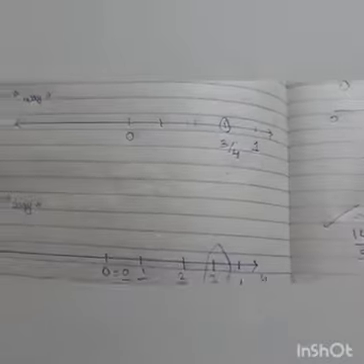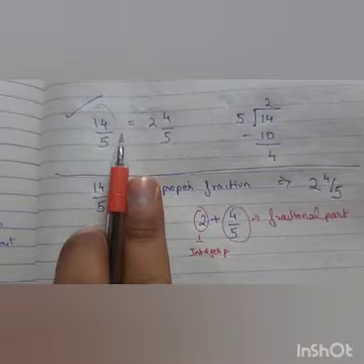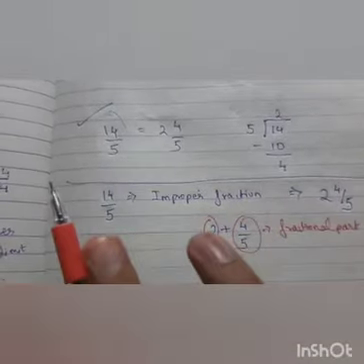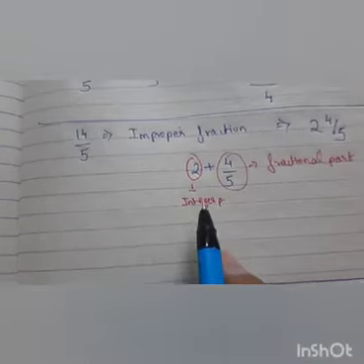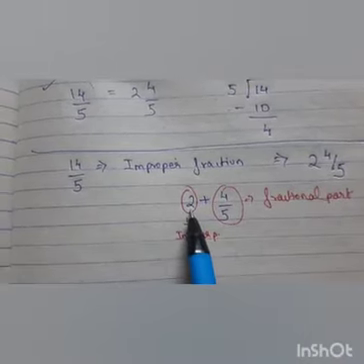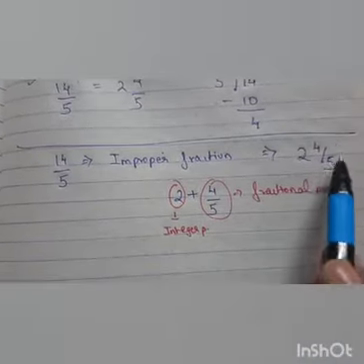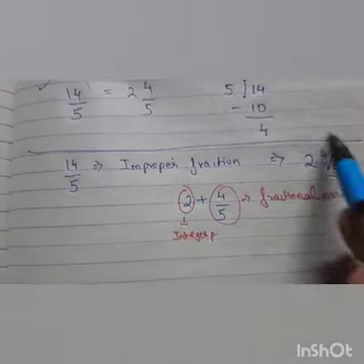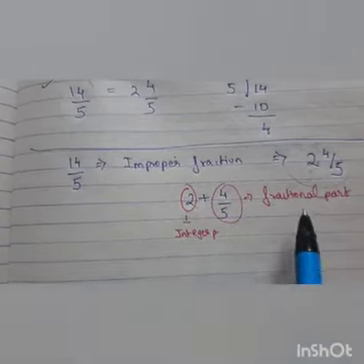Now class, I told you that a proper fraction, not improper, always lies between 0 and 1 for positive, and between -1 and 0 for negative. But when it comes to an improper fraction, it depends on the integer value given, like 2, so it will lie between 2 and 3. That is why I have written it here as the integer part. This mixed fraction, the whole quantity which we call the integer part, means the overall fraction will lie between 2 and 3. That means here 2 becomes the lower limit and 3 becomes the upper limit.